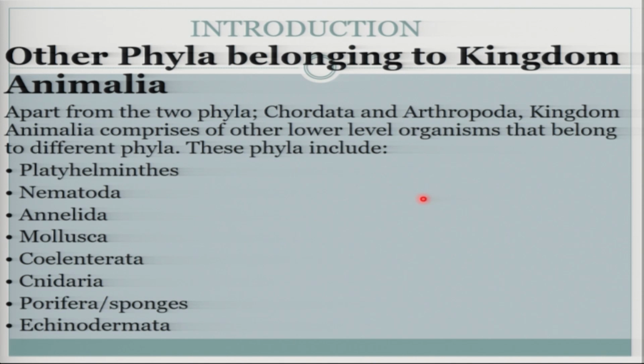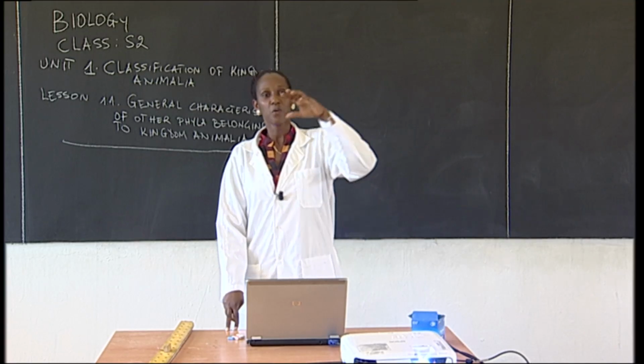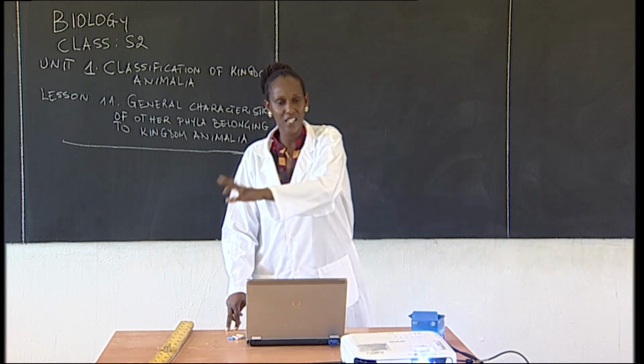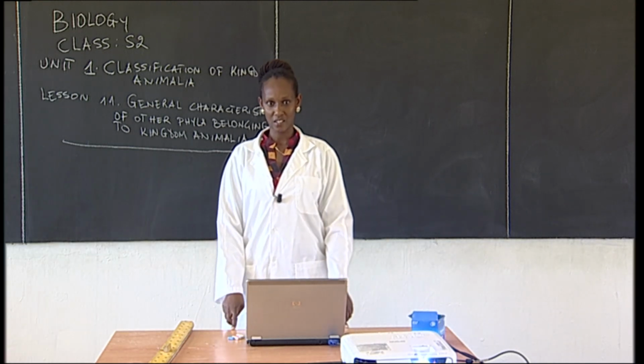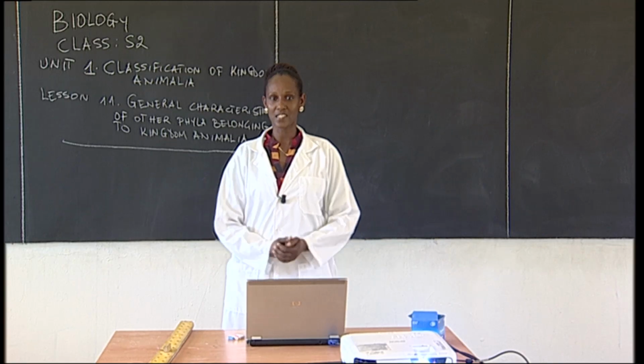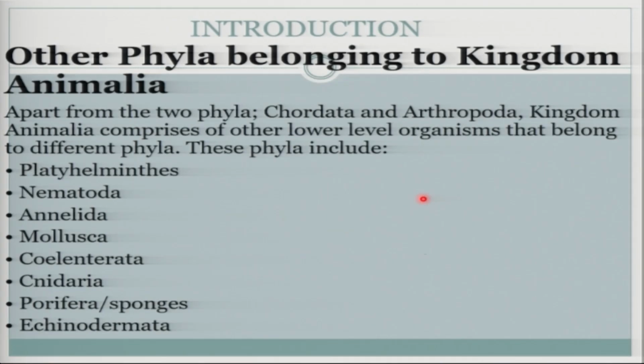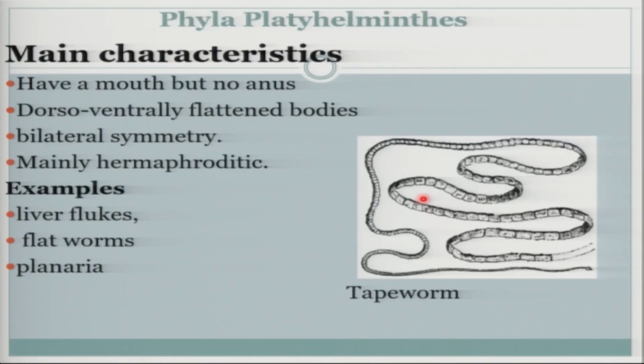When you continue to other levels, you will go into detail to study this kingdom. But for today, for our level here in Senior 2, we are going to look at examples and the features that each possesses, all right? So we can start with the first, if you have no question. To begin with, we go to the first one, the Platyhelminthes. An example is the liver flukes. Look on the screen.